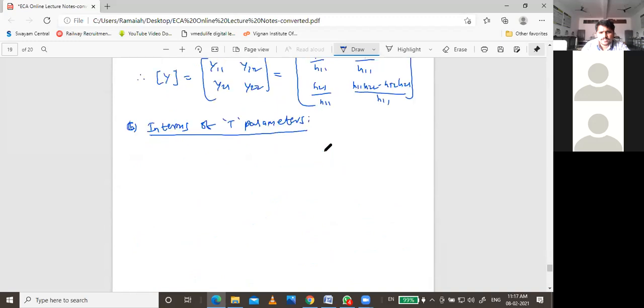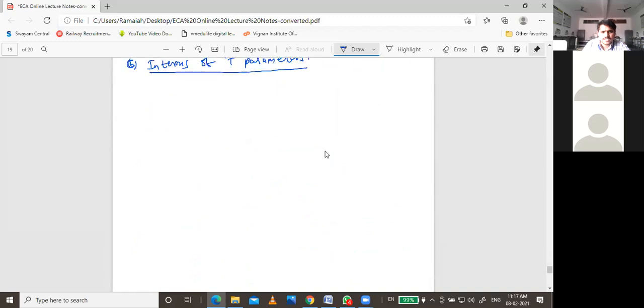Now see, what is the first step? First write down the equations. V1 equal to A V2 minus B I2 is equation 1. Next, I1 equal to C V2 minus D I2. These equations are very important to remember. So I want to write I1 equal to something into V1 plus something into V2. But the V2 term is there, and the V1 term is not there.